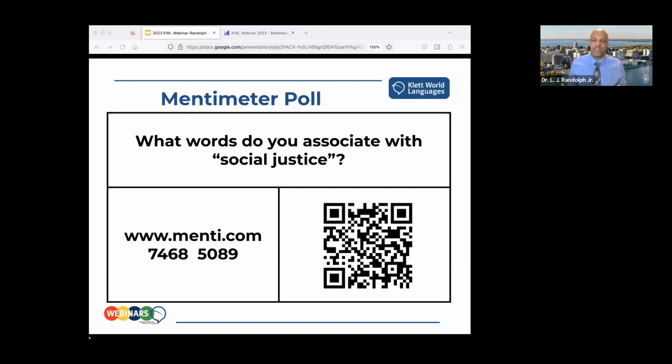So that's another way that you can go to the page. And I think that it gives you like 3 to 5 words that you can put in to talk about what you think of when you think of social justice. Please only put 1 word in each box, and don't put phrases, and don't put articles like A and B, etc. So I'll give you a second to do that. And that will be in the Menti poll. So you would click that link to do it.